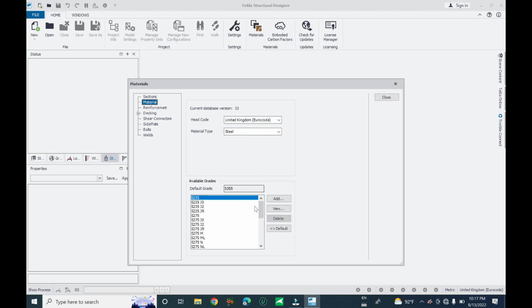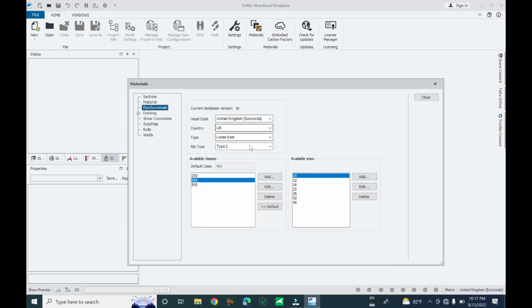For the material, you can change between steel, concrete, cold form, and cold rolled. But in Tekla Structural Designer, cold form structure cannot yet be designed in this software. Maybe in the next generation, this software will be updated for cold form. And for reinforcement, yes, type 1, type 2, and this is the default material in the Tekla Structural Designer for the